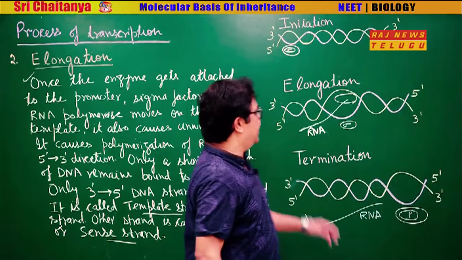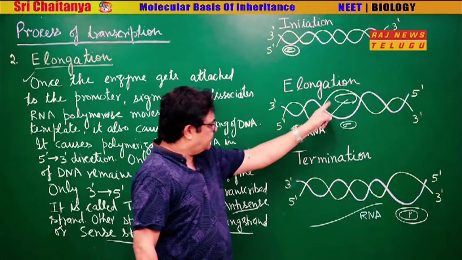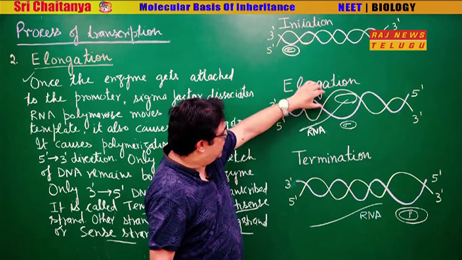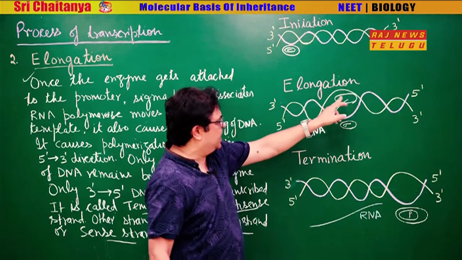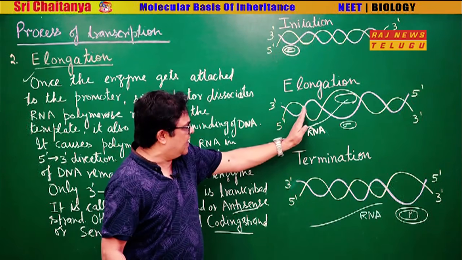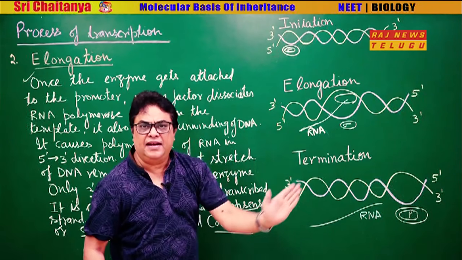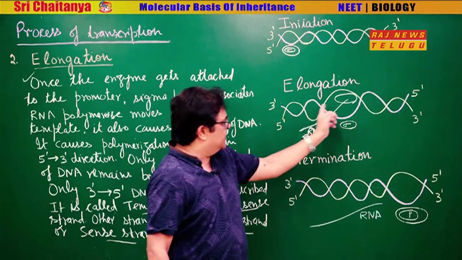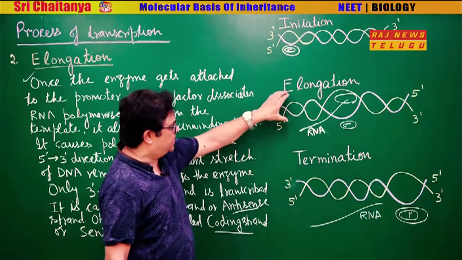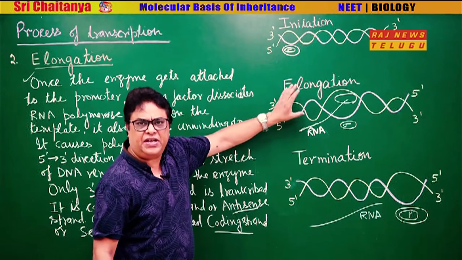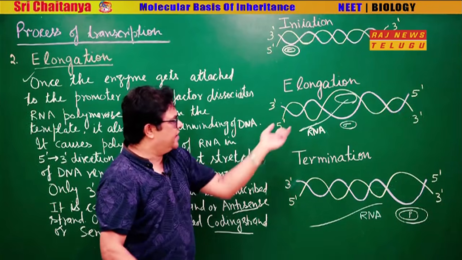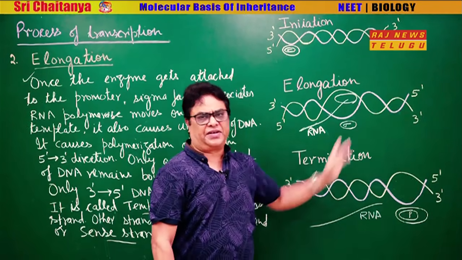Let us see this with a diagram also. Elongation, you see the RNA polymerase enzyme, the sigma factor having dissociated, is moving on the DNA template, and you see new RNA, or you can say nascent RNA, is being synthesized. As this RNA is synthesized, it keeps on leaving the template and the enzyme keeps on moving. So, this is all regarding the elongation process. And one more thing I want to tell you, the portion of the DNA in which transcription has been completed rewinds, the sense strand and the antisense strand rewind in that portion. So, this is all regarding elongation.